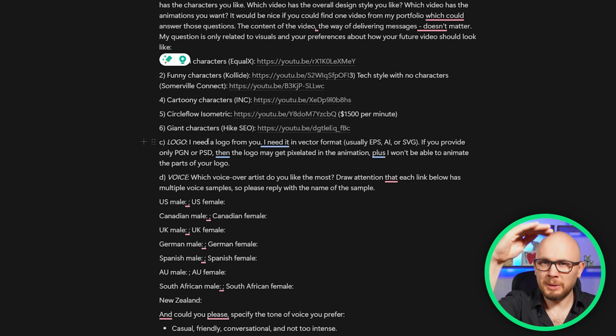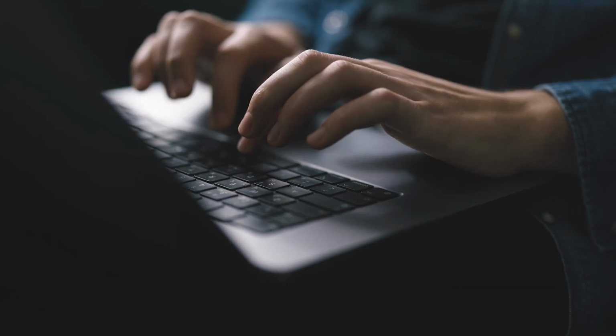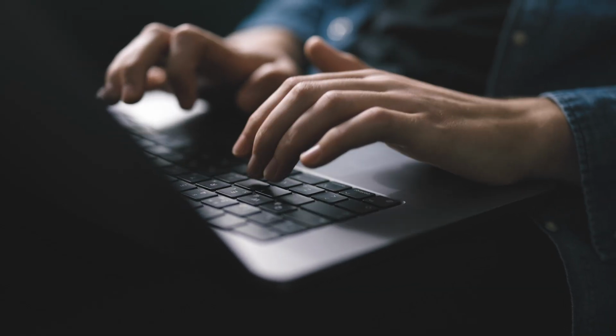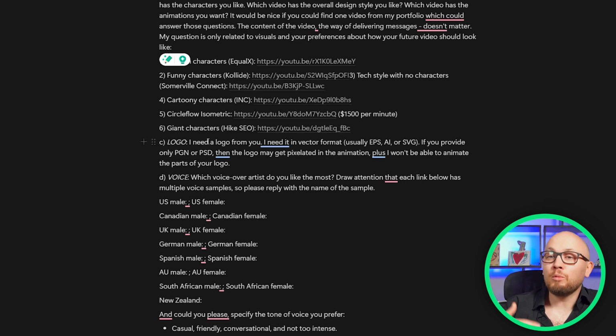So if it's basically a list of A, B, C, D with only one line of answer in each one of them, it also tells me a lot about whether this customer is efficient, whether they can respond efficiently and fast, and how pleasant it is going to be working with them. It also affects my team's planning, because the customer who returns this kind of message in that efficient way will be able to finish the project faster with us, meaning we will be able to make that money faster.